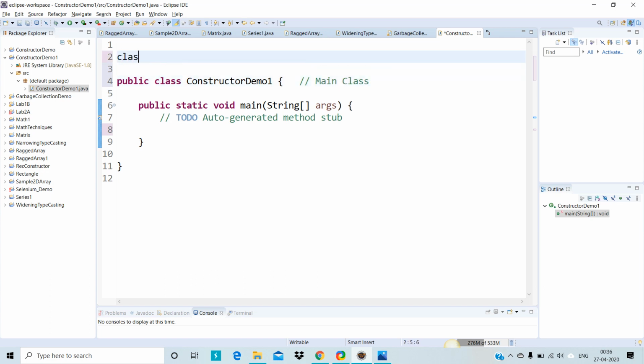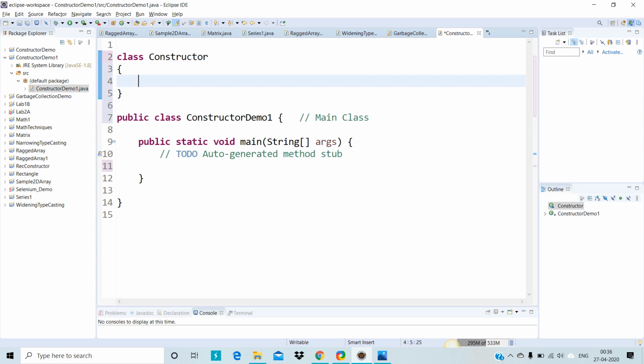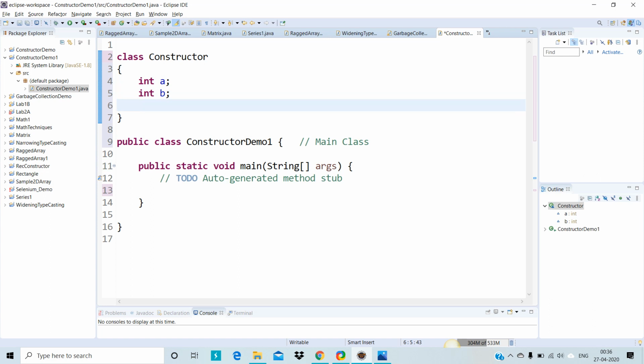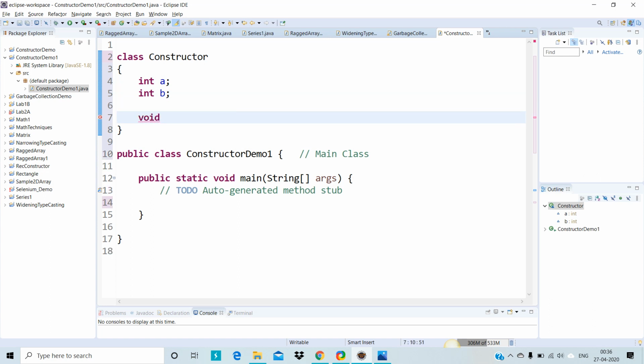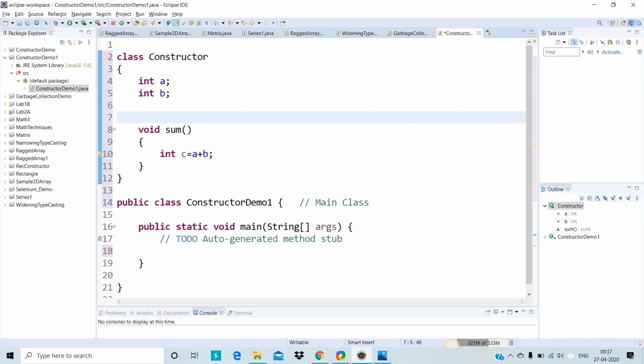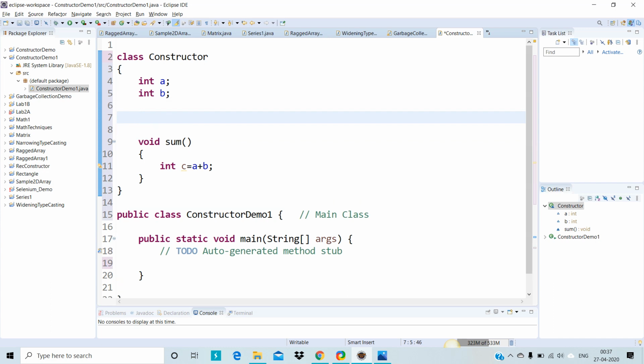Here I'll give a class name, constructor. Then I'll use some variables: int a; int b; and a function void sum, inside which I'll write int c is equal to a plus b; outside this method I have not initialized the variables a and b, right? So I'll create a constructor now.